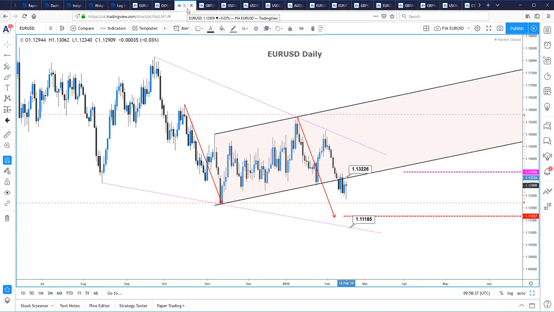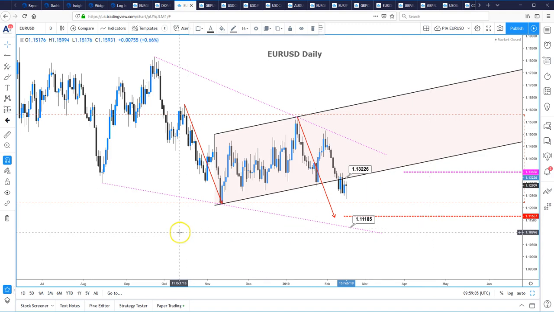Euro dollar, we've broken out of this channel formation to the downside. Could be seen as a flag pattern. The measured move target for the flag is around about 1.1165. The long-term bias, opposite to the dollar, obviously, is still to the upside. We look like we're forming an ending wedge pattern. We've got trend line support at